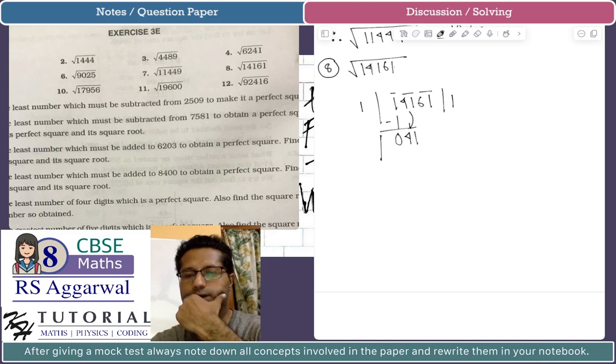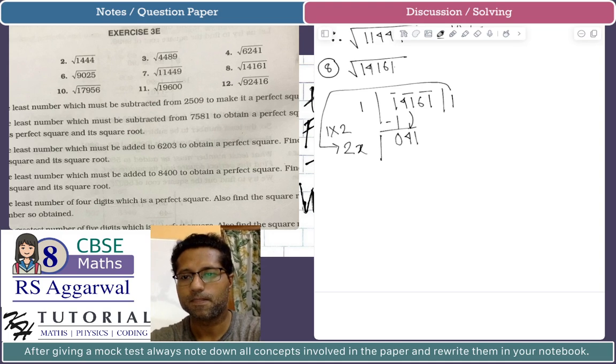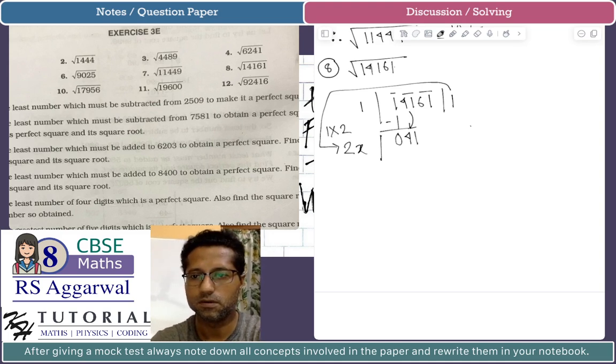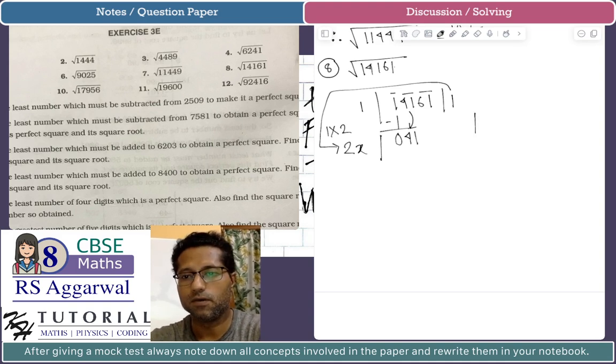What will be the partial divisor? That will be the current quotient multiplied by 2. The current quotient is 1, multiplied by 2 is 2. Now I have to think of a digit x. So in this step I have to find the largest digit x